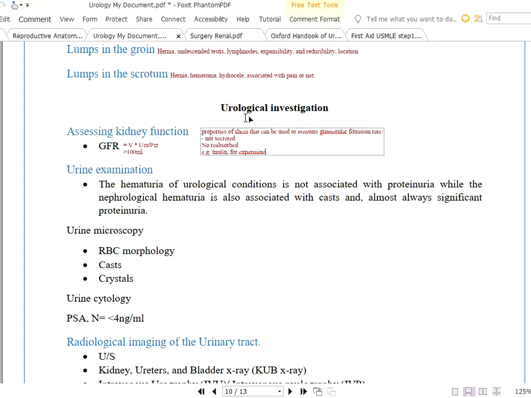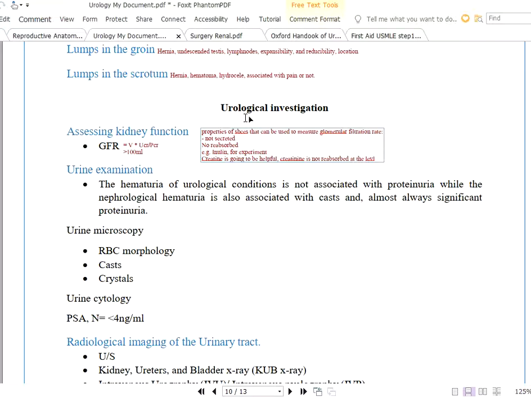As we need to measure the glomerular filtration rate of the patient, creatinine is going to be helpful due to the fact that creatinine is not reabsorbed